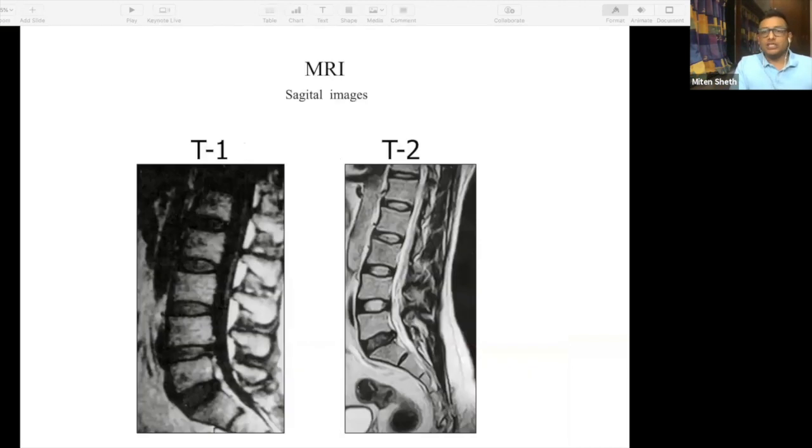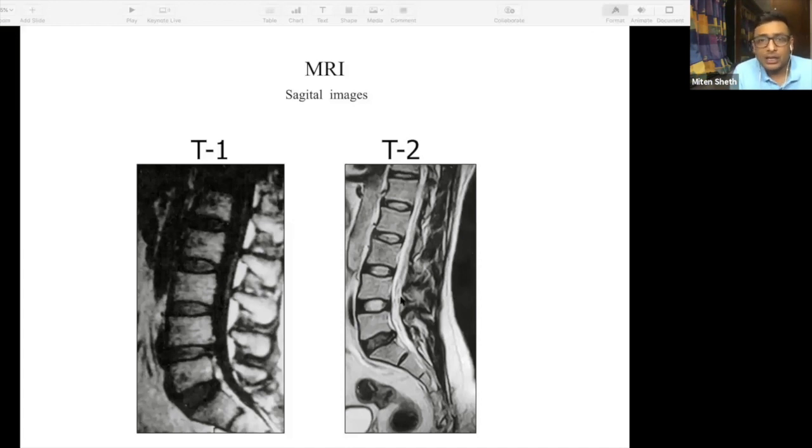Next, once you have that, you get your bearings straight, which means you see which is the rightmost parasagittal image, which is the leftmost parasagittal image, and which is the mid sagittal image. That is, where your spine is cut from the middle, where it is cut from the right side, and where it is cut from the left side. Then you identify your mid sagittal T2 weighted image, and you start seeing the same thing.